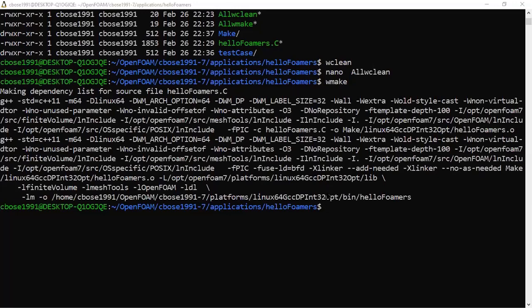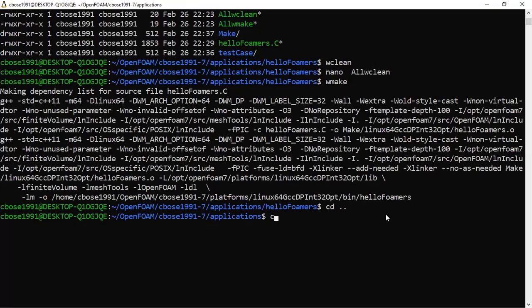So now you can see that our code is compiled, right? How will we know that our code is compiled? By going to our user bin folder, where there will be an executable called hello formats. So let us go there.